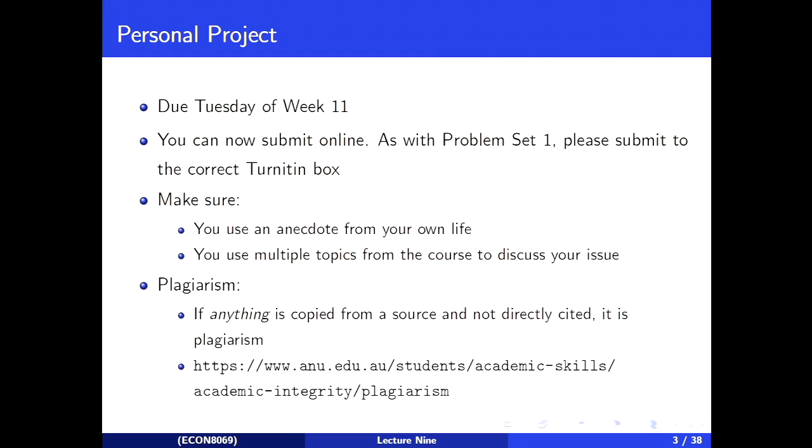Lovely. The last thing, I really don't like talking about this, but I feel like I am supposed to. So we need to worry about plagiarism a little bit here. If anything, for things that are copied from a source and not cited, I shouldn't actually call this plagiarism, I should call this poor academic practice, or potentially academic misconduct, or potentially plagiarism, depending on the degree to which things have been copied from a source and not directly cited. The reason I'm bringing this up now is that I had some issues in problem set 1, where people were not quite clear with what needed to be cited.